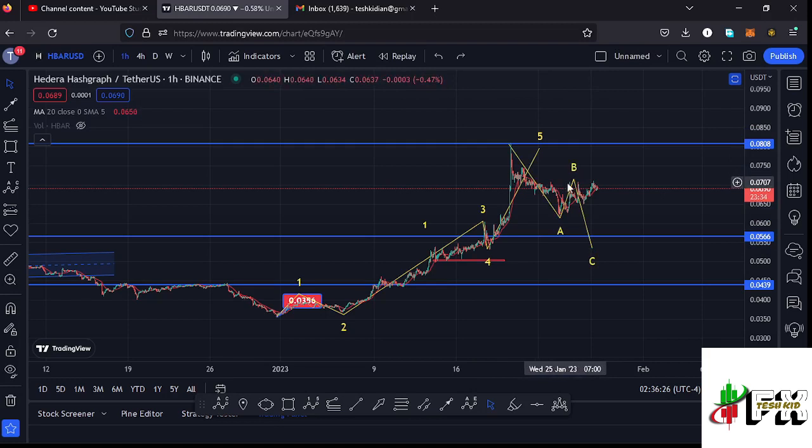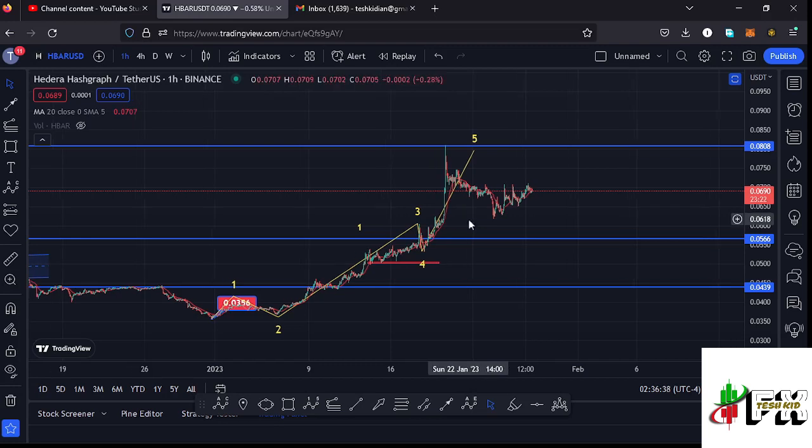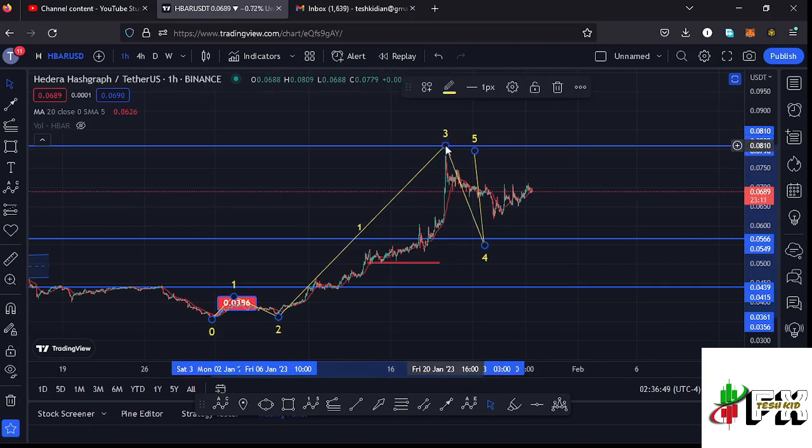And in this video I want to make a few changes to this Elliot wave structure so that we can have an even more bullish scenario here on the Hbar chart, where I'll be extending the high for this wave 3 to the high that we made at around the $0.0808 mark. And after making that high, what we have been seeing over here is the formation of that wave 4. And after seeing the low for that fourth wave, what I'm expecting next is a bounce to the upside in the formation of that wave 5,